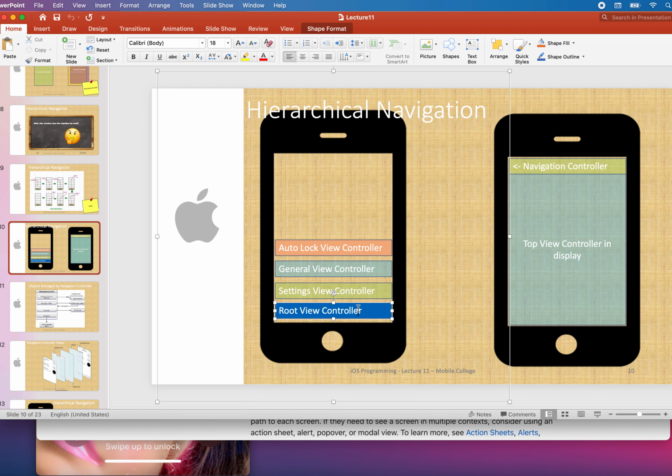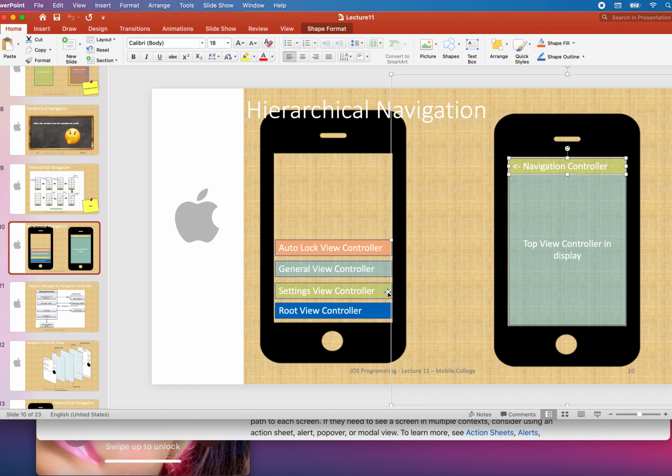And in this example, what I have done is that I defined four view controllers: a root view controller, settings view controller, general view controller, and auto lock view controller. All these view controllers are displayed in the blue section here. The top section, which is the navigation controller, does not really have any view components present in any of these four view controllers, but it allows for managing the view controllers which I have already built up in the stack, to know which one was the first, which one was the second,